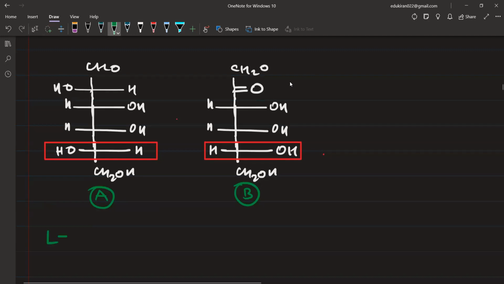अगर हम पूरा नाम लिखें इसका तो इट विल बी capital L, and we have aldehyde, so it will be aldo 1 2 3 4 5 6, L aldohexose, and this will be D keto 1 2 3 4 5 6, D ketohexose। ठीक है, write a note,